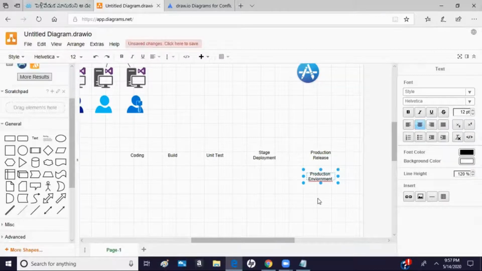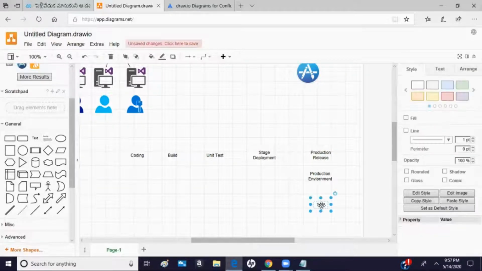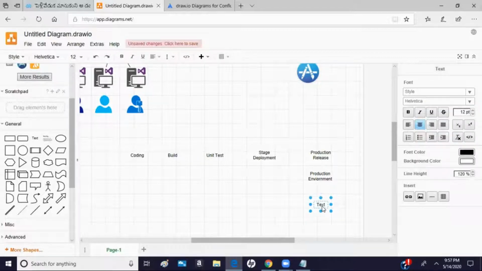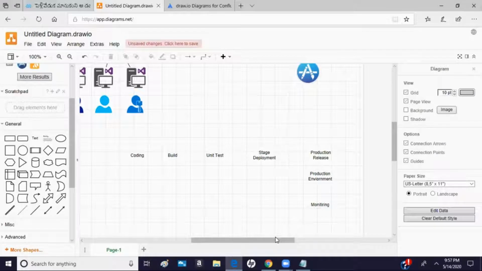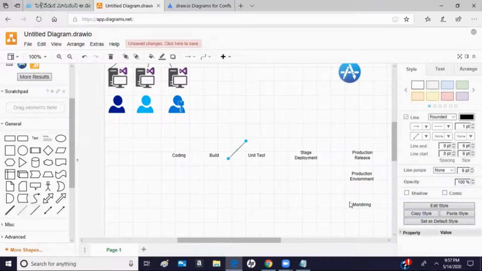Once it's deployed in a production environment, then you will use some kind of monitoring, so that whatever code you have deployed on production should be monitored from both the performance and the feature perspective. Okay. So you will do the monitoring, and once you find any feedback, you will give the feedback back to the developer.